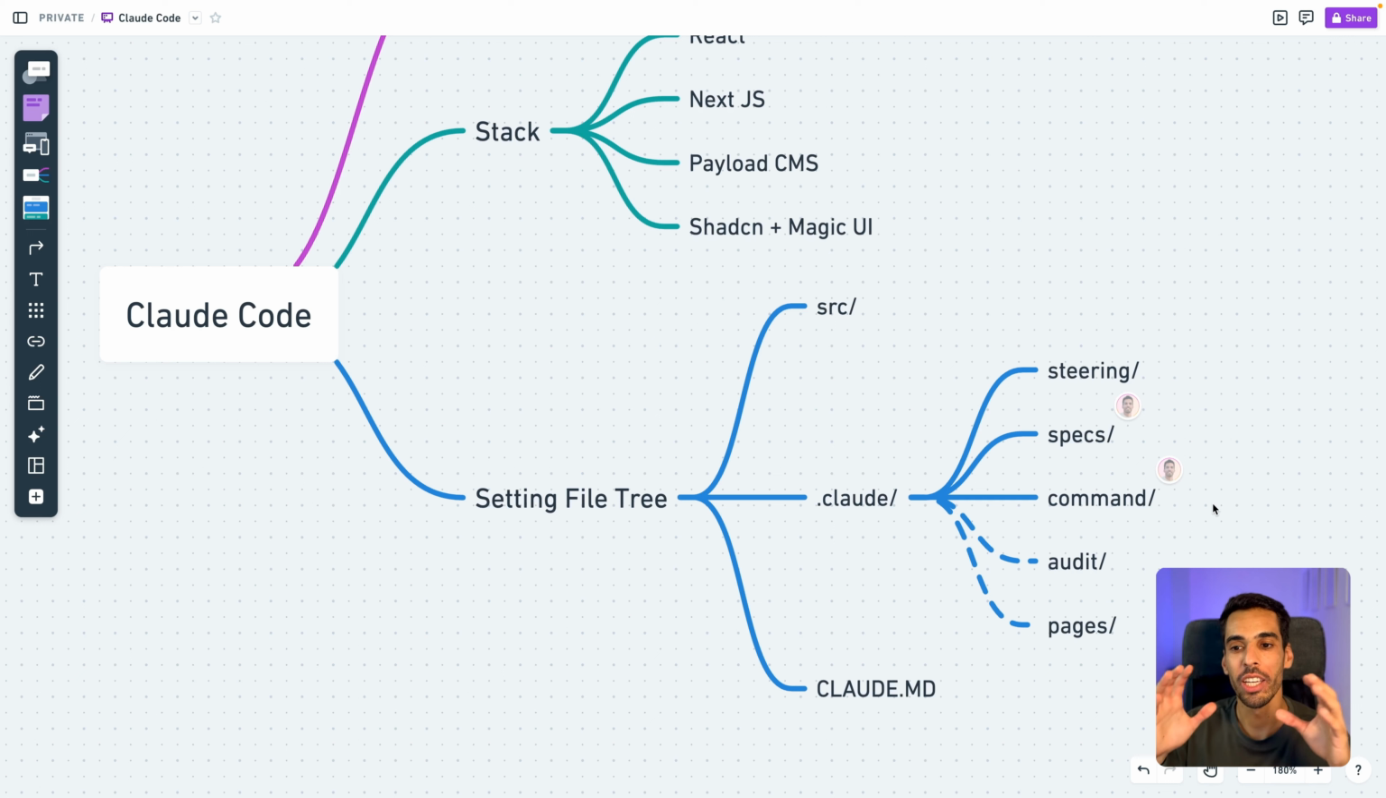And what I might do is actually use this framework and create a template out of it and put it